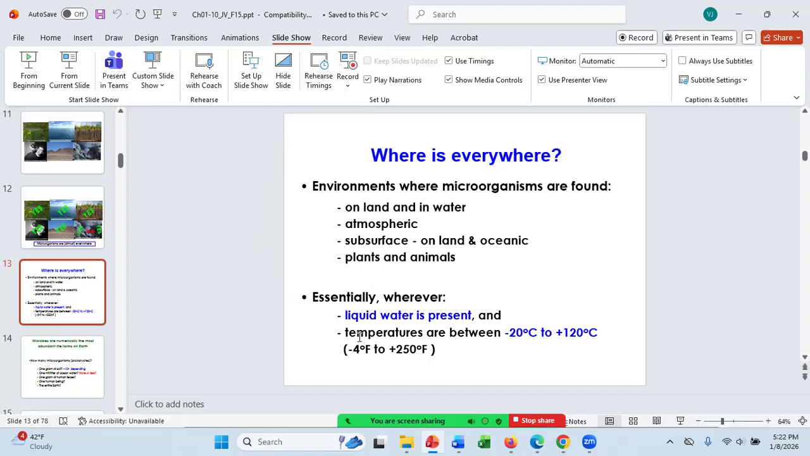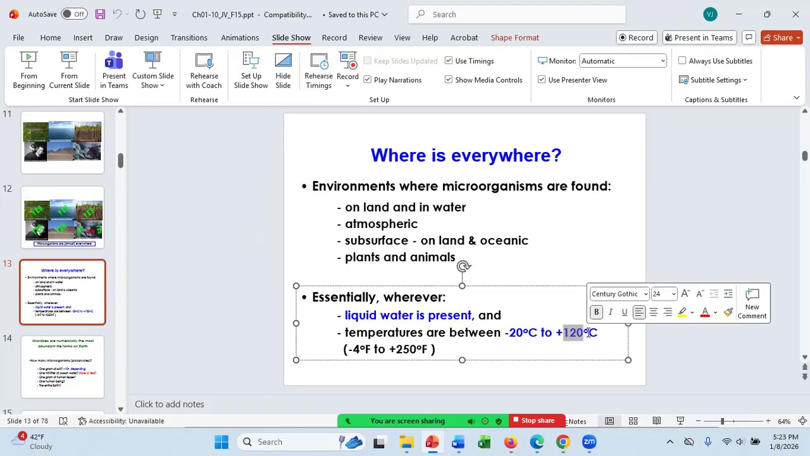Microbes need to exist between temperatures of minus 20 degrees Celsius and about 120 degrees Celsius. Remember, 100 degrees Celsius is the temperature water boils at, and so we can have cells alive higher than the temperature of boiling water, at least at